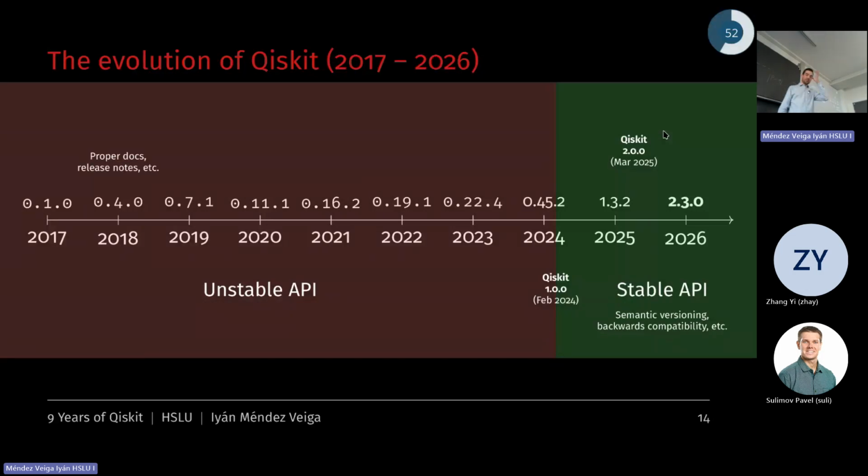So here are some key achievements, or let's say the major changes from my point of view. From 2017 until 2018, if you check the code, it looks more like a personal amateur project. There were no release notes, no documentation. This changed from 2018. They started to create proper docs. They have the Sphinx documentation. They write the release notes with all the changes, the contributors. They created a contributing policy as well.